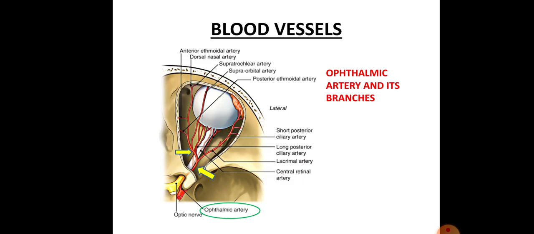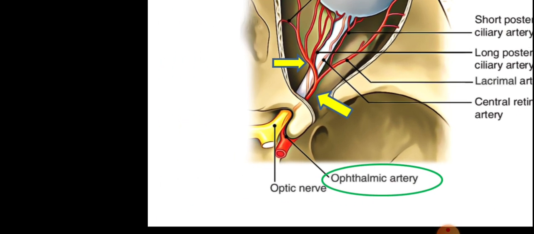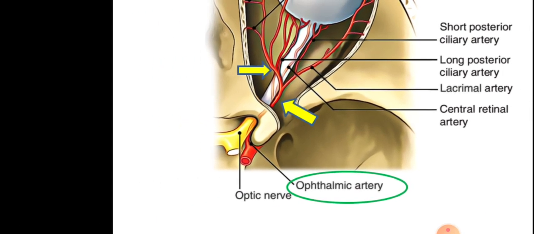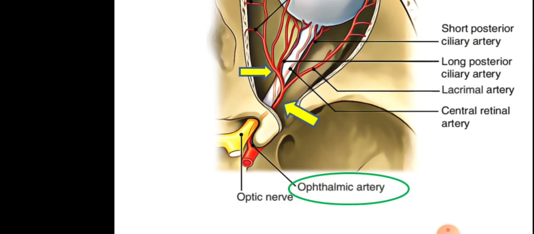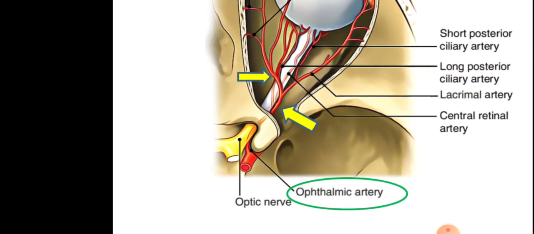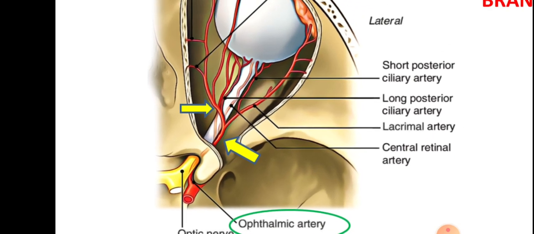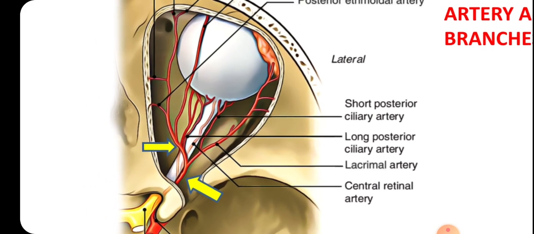The blood vessels in the orbit are ophthalmic artery and its branches. This ophthalmic artery, it enters the orbital cavity along with the optic nerve. See, the artery is located infralateral initially to the optic nerve within the dural sheath of the optic nerve. Then it pierces the dural sheath and comes out and lies on the lateral aspect of the optic nerve. Then it crosses optic nerve superiorly from lateral to medial. Then it divides into multiple branches to supply the contents of the orbit.